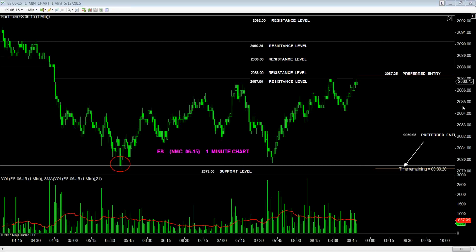The current setup on a daily basis is to the downside. A major move took place from the overnight session starting at the 2:30 a.m. bar and then moving down significantly to 2080.25. As we get closer to 2087.25 for the preferred entry, we do realize we have superior resistance at this point. The new volume that's come in, limit order now hit at 2087.25 under the pretense that